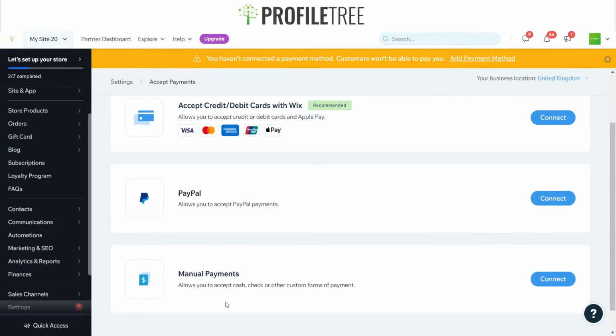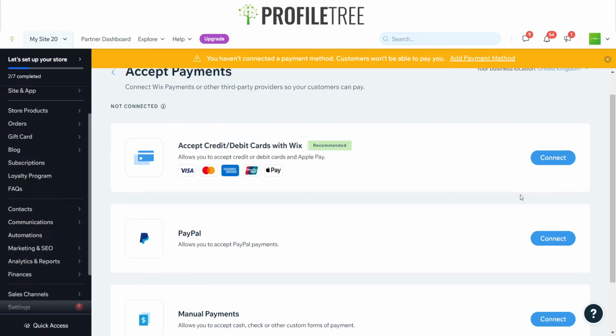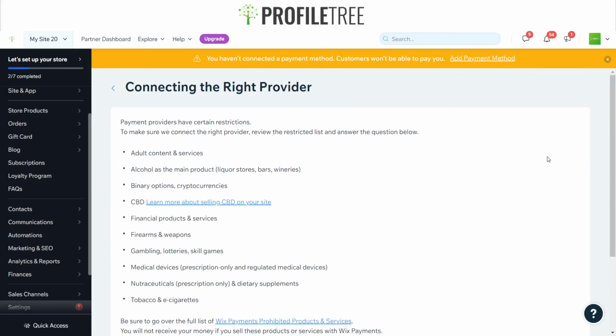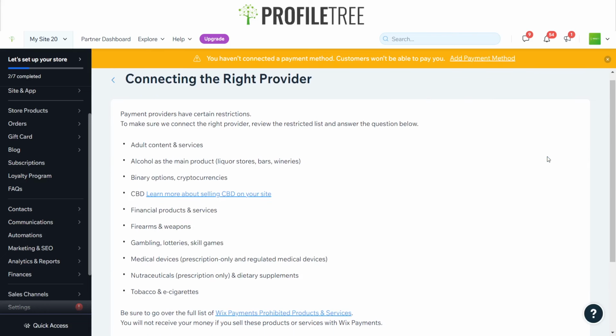And you can do a manual payment, but of course if you're trying to be a professional business, preferably you want to steer away from a cash, check, or other form of custom payments. But that is primarily up to yourselves. I'll leave that with you guys on how you want to do the payment plan. It's fairly easy. You just go ahead and click connect, and of course, as long as you aren't selling these,